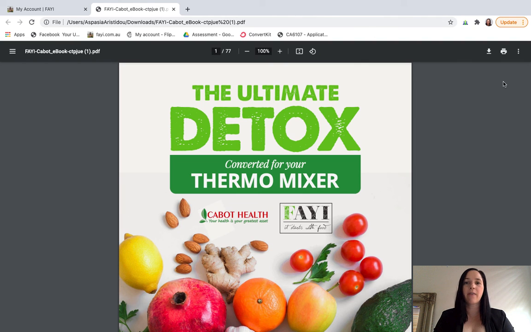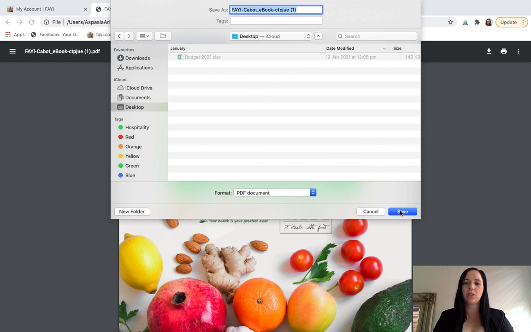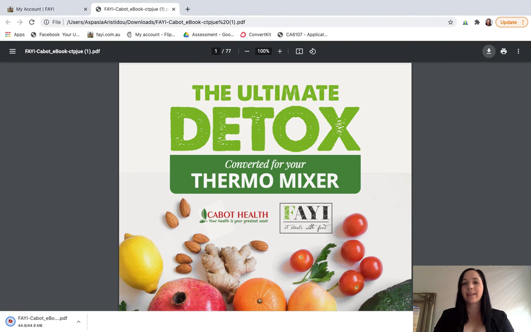Okay, so to do that from my computer, I'm going to hit over here this download button. And choose where I want to save it on my computer. So I'm going to save it to my desktop and hit save. And that's how you save your